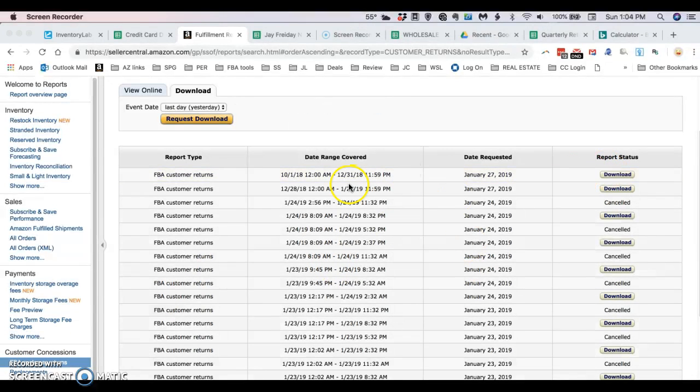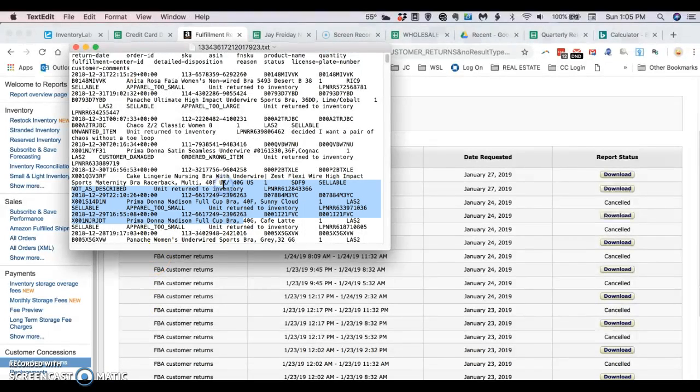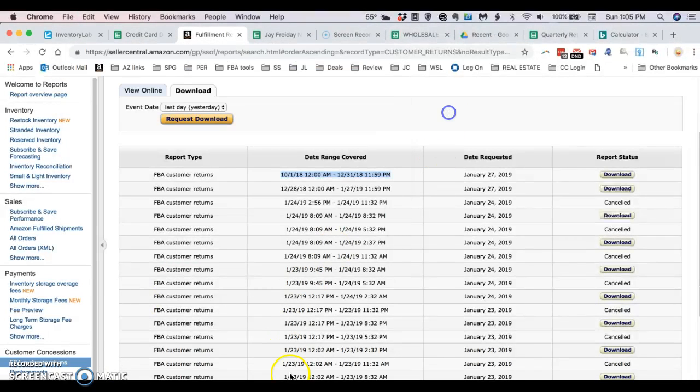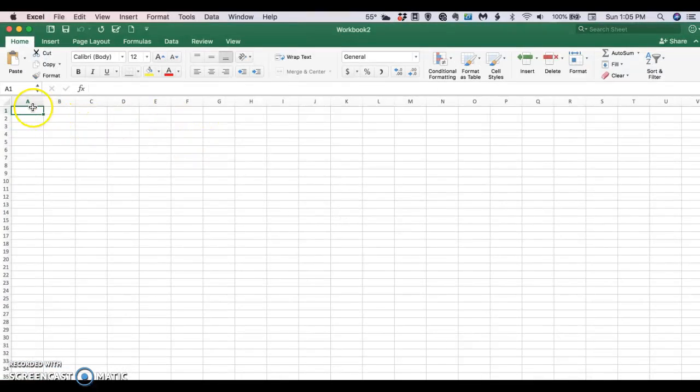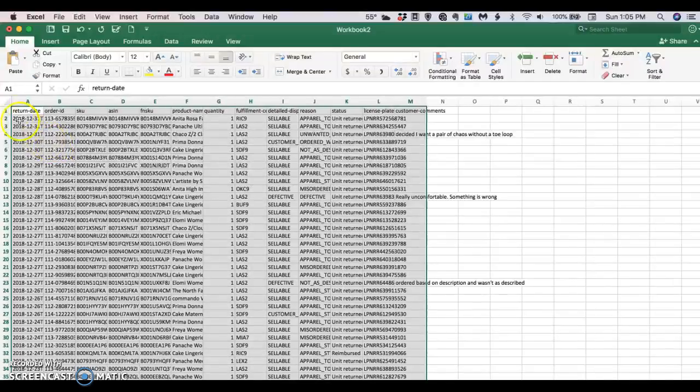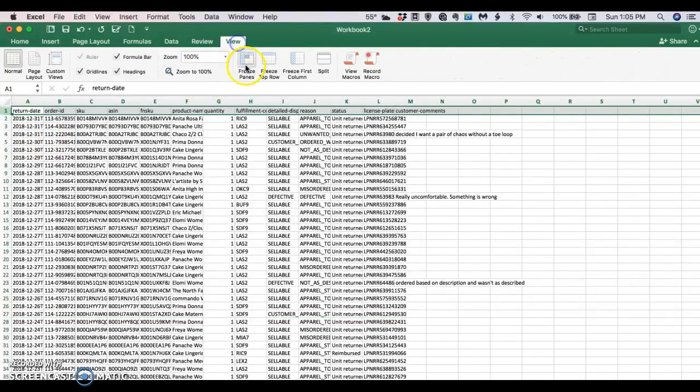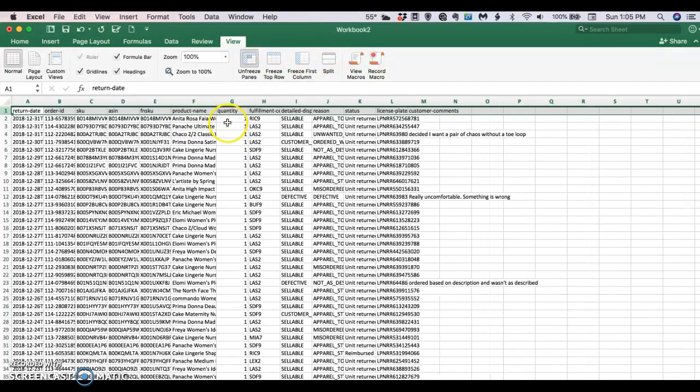So I will freeze. All right, so here it is. You have these dates of the dates we requested. Now you hit download, and it gives you this. It's going to give it to you in a text file, so you need to put it in Excel. And now we can product name,